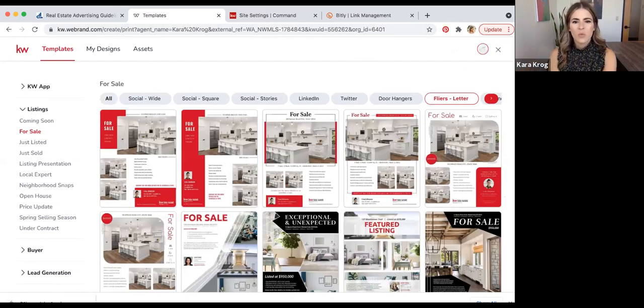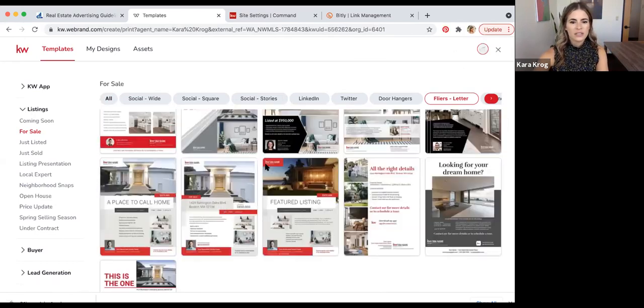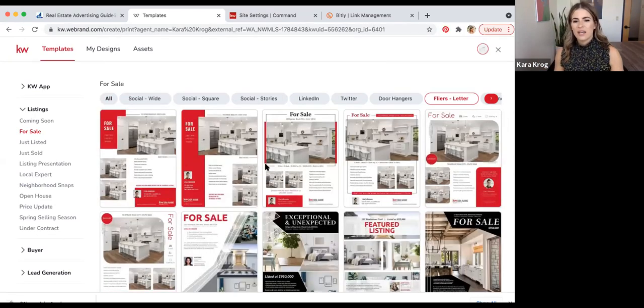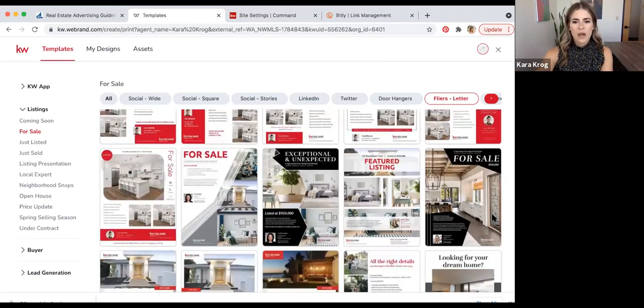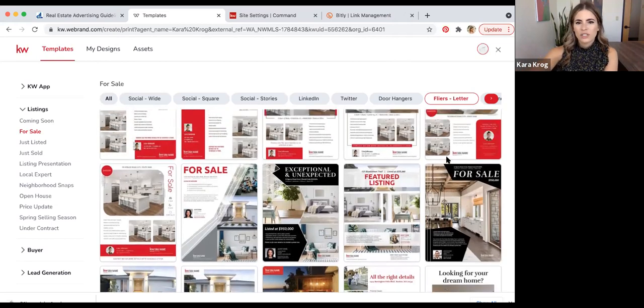Now here is kind of what I was talking about earlier with that consistency of branding. As you can see, there's a lot of different styles. And perhaps you might find that one design fits the property a little bit better than another design. That's okay to change it if you really want to change it. But I also think that there's something to be said for keeping this design consistent. Personally, I love this black and white over here. I think this looks really cool. But it might be a little modern for some older homes.